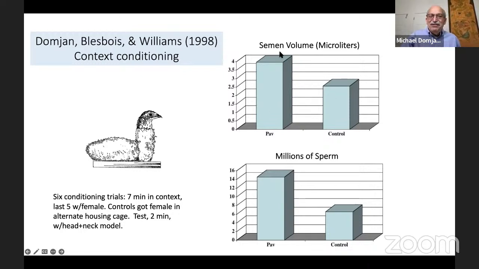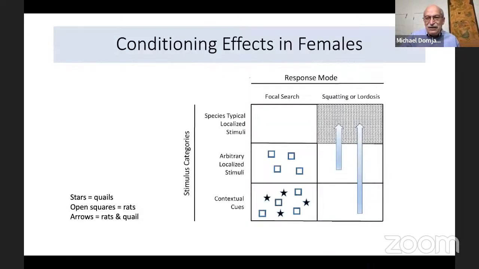And for the Pavlovian context conditioning group, the volume of semen they were ready to release in response to this probe stimulus was significantly greater than for the control group. And the millions, how many sperm were in the ejaculate, was also significantly greater. So this reactivity that becomes sensitized if you're in the presence of a conditioned sexual stimulus actually has reproductive consequences, and those reproductive consequences become even more obvious when we move to looking at the